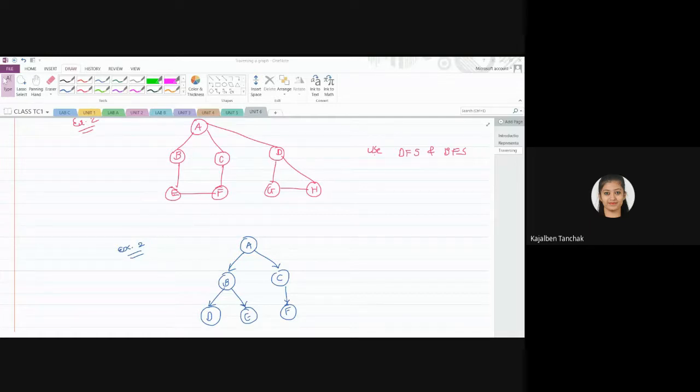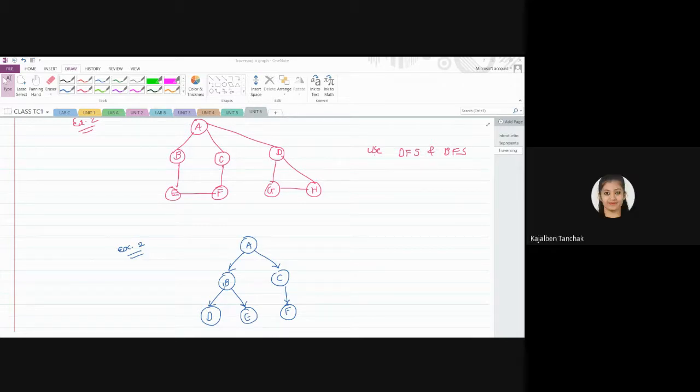Okay, tell me what problem you are facing. Hello, ma'am. Starting from A, then B and D and E. So how to print C and F?